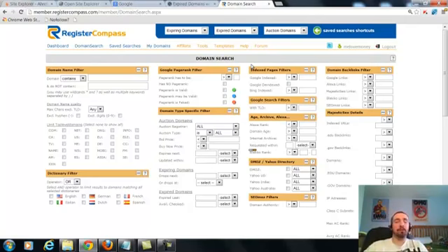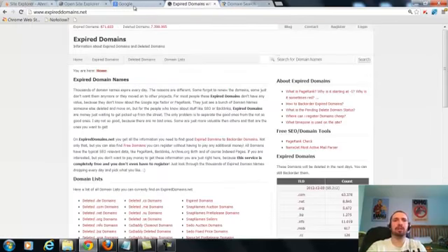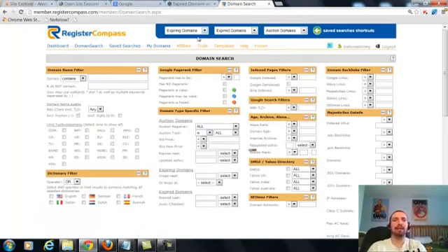But again, private blog networks are when you build a series of sites, and their main purpose is to link out to your money sites to help them gain rank. And again, we're going to be focusing on expired domains, and those are domains that people previously owned and let expire. Because the way a domain works is someone registers it, they build a site, they get links to it, something happens where they don't want the site anymore, or they don't realize the site's up, and they never renew it. After that, I don't know the exact step, but it basically goes to these services where you can pick them up as expired domains.